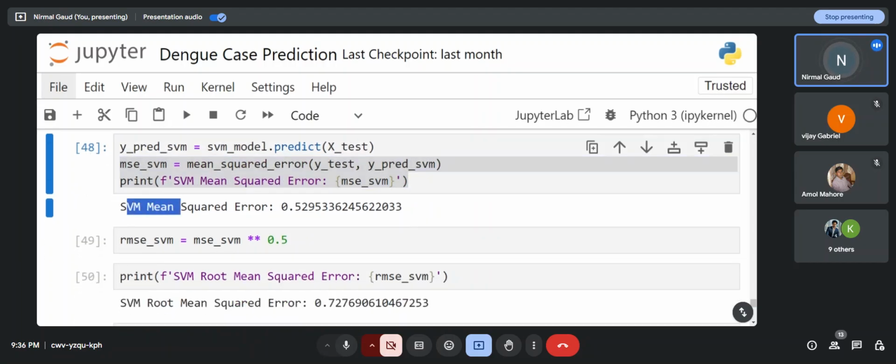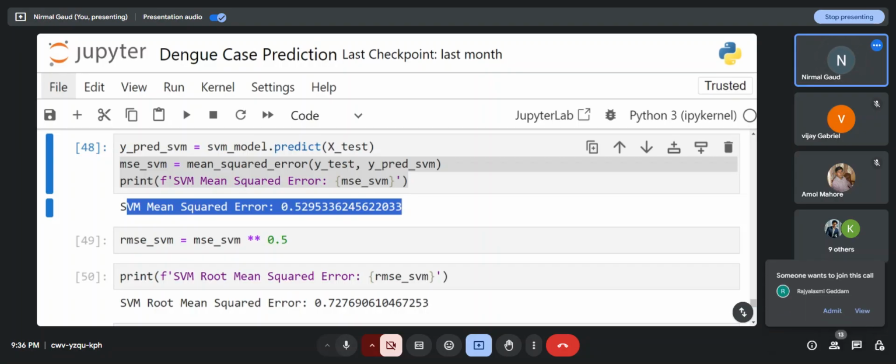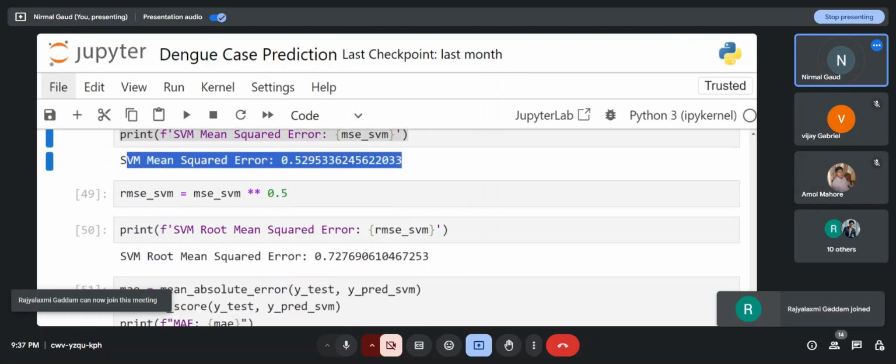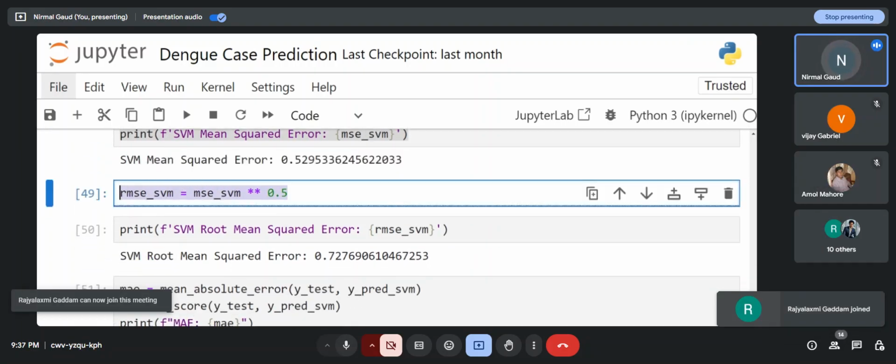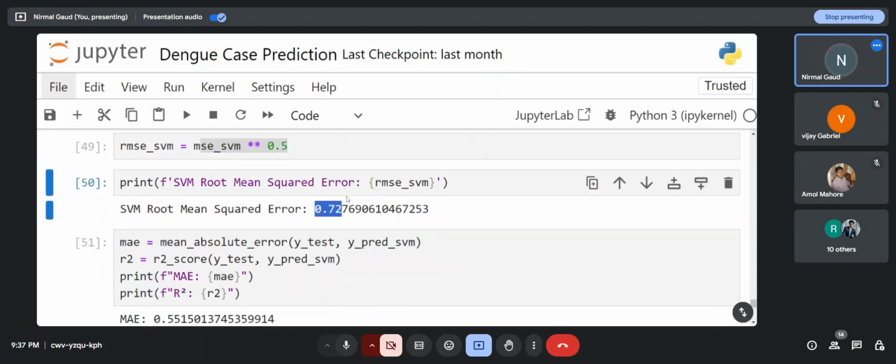I am getting mean square error as 0.529. That's not a big error. 0.529 is an affordable error. Then I calculated RMSE also by taking the square root of MSE. I got it to be